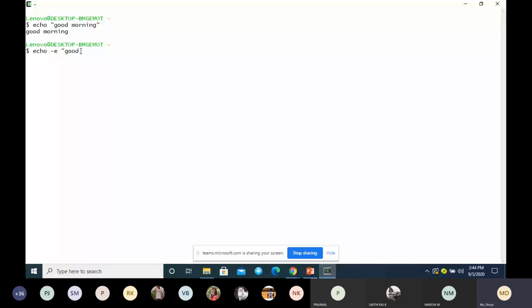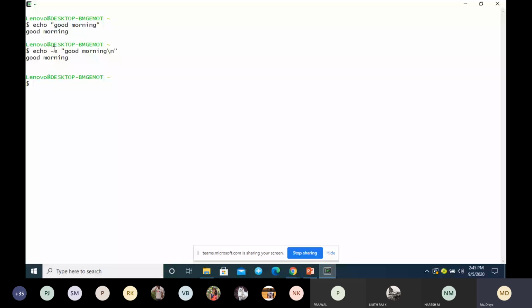Okay, so good morning, same message, and I'll be using \n. See the difference? Same as in your C program, \n is used for getting a new line. But I have to make use of this option minus e in Unix.